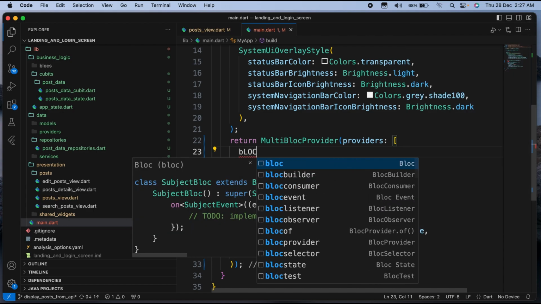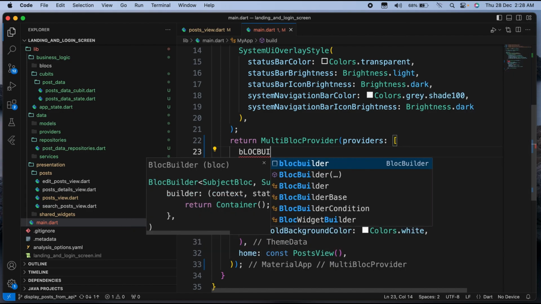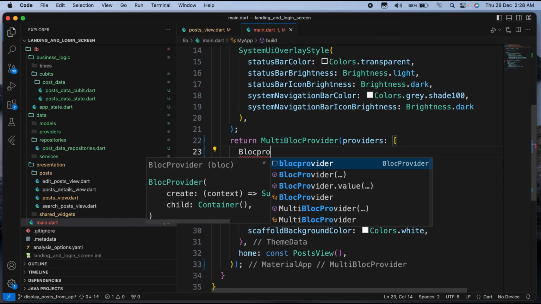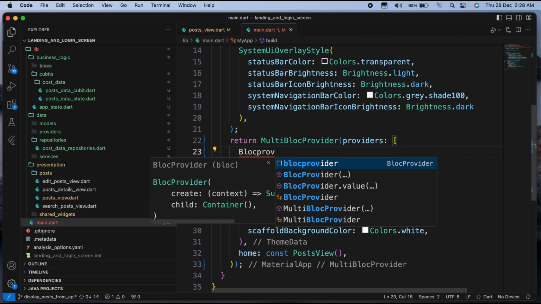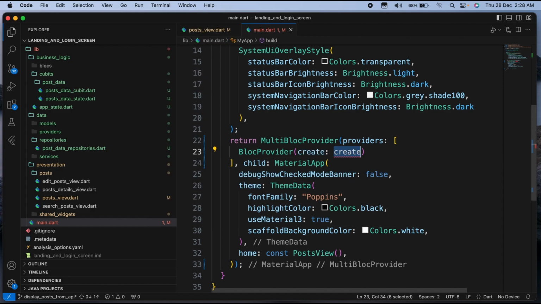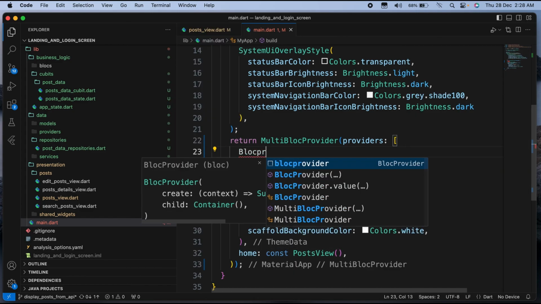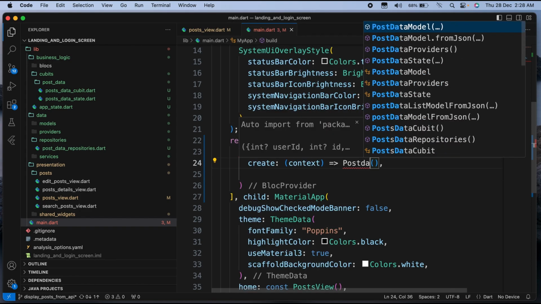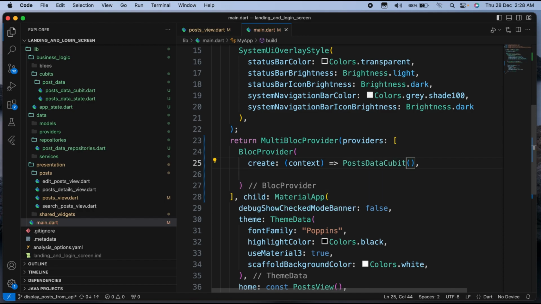So here we can inject our BlocProviders. So let's say BlocProvider, this one here. Let me remove this. Here let's say PostDataCubit,